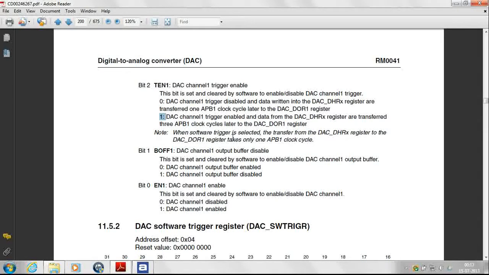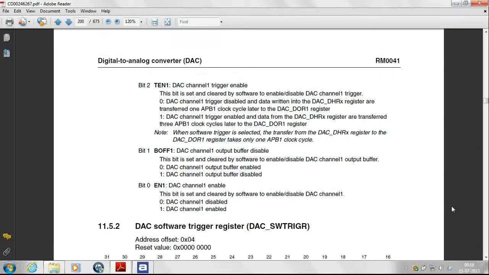Also, our case is a special case. Note, when the trigger is enabled via the software trigger, still after 1 clock cycle of the APB clock, the data will be transferred. The point to note is that people might feel there is no difference between setting this bit to 1 or 0 in our case. However, there is, for such an event when we have the TEN bit set and we have selected a software trigger.